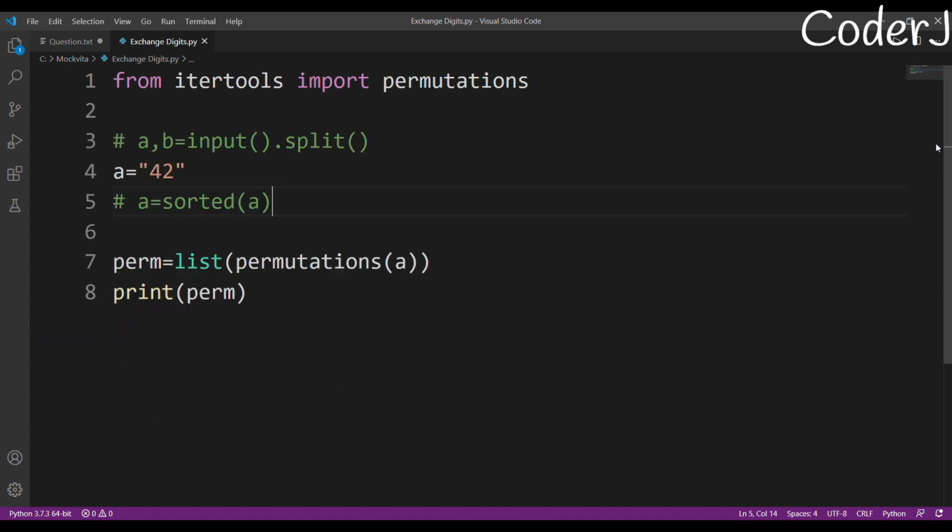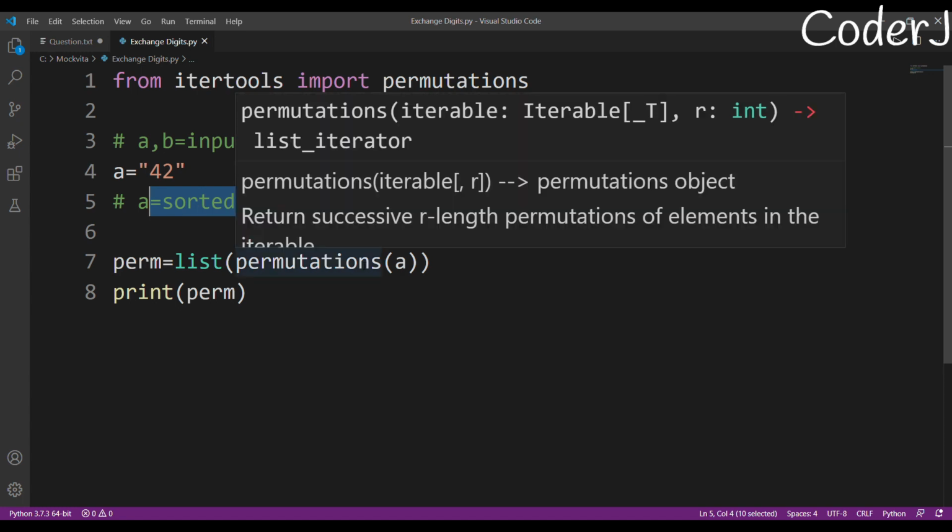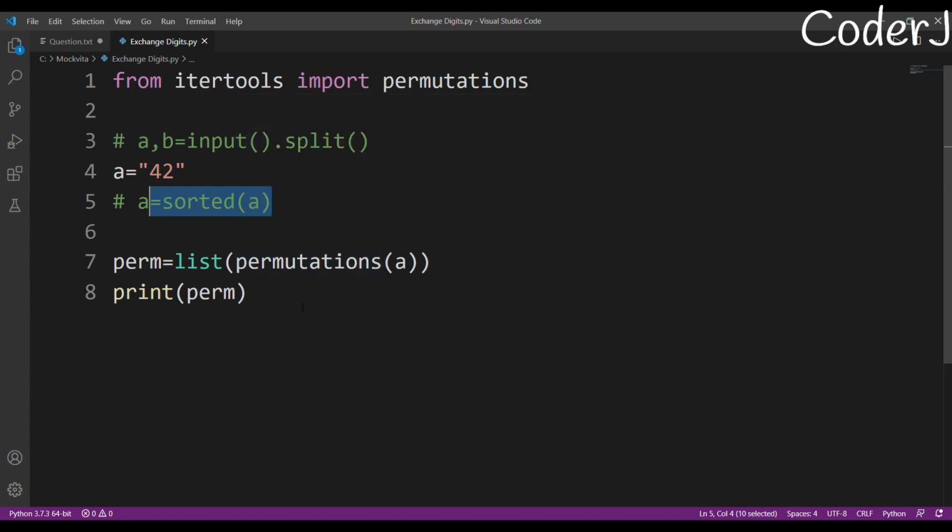It just gives the output in the same way that you provide it with the input. So if I provide it in a sorted manner, then it will give me the answer in a sorted manner. And since the number of digits is less, the sorted algorithm will take much less time if I use it before permutations. But if I use it after permutations, the number of elements increases drastically.